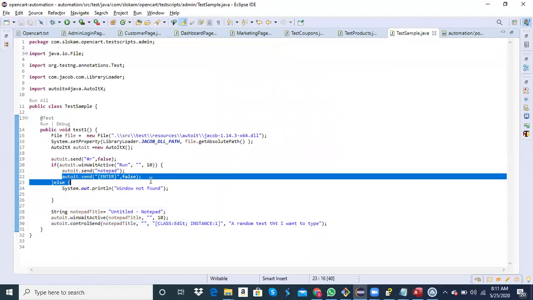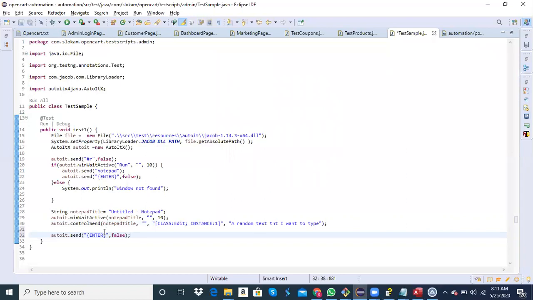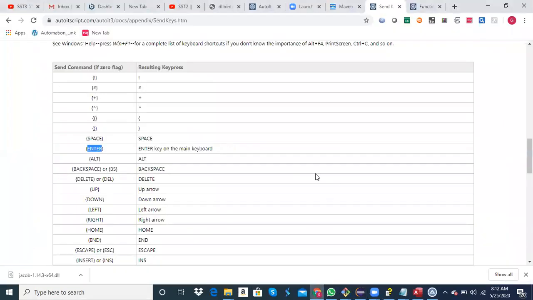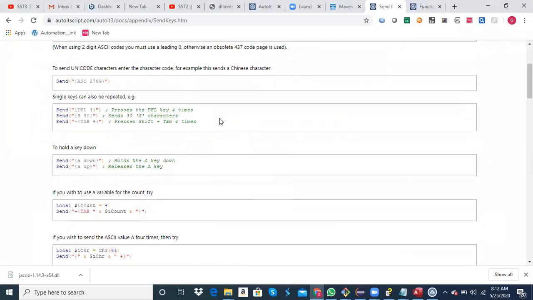So the typing is very simple. You need to know what is Alt and what is F4. So you can go to this one. So the exclamation mark is Alt, and then control is the caret.